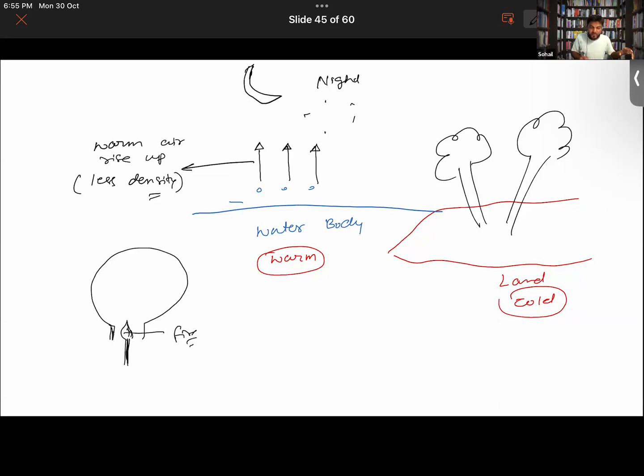Okay, we basically fill this hot air balloon with warm air. Warm air is lighter, it has a lesser density, thereby it will rise up. In the same manner, warm air here is simply rising up. So what will happen now? There is an empty space created over here. Okay, empty space is being created over here.